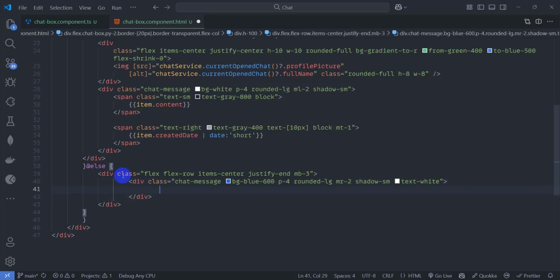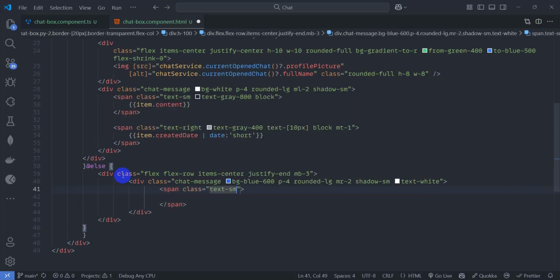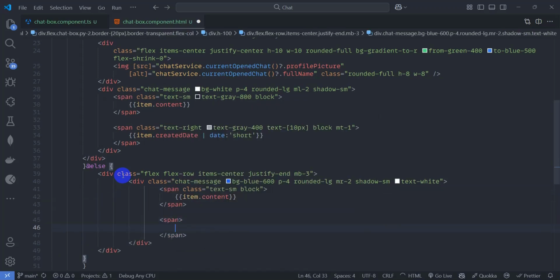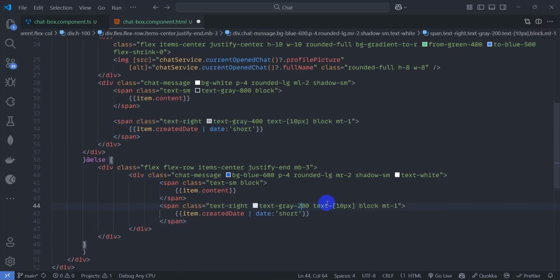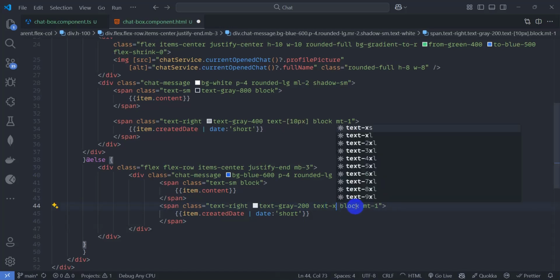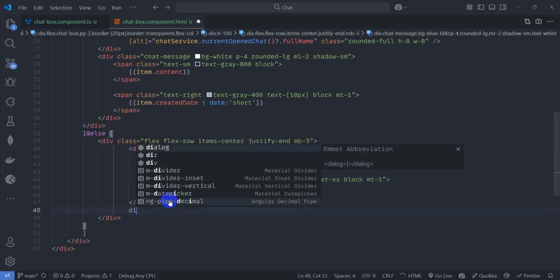Let's add here span and give class text-sm and block. Add here item.content. Let's add another. Let's copy this one and paste here. Let's make it 200 and text-xs, and here after this chat message let's add another div,